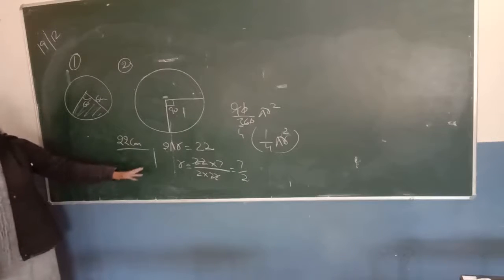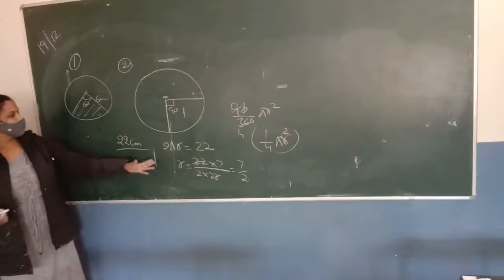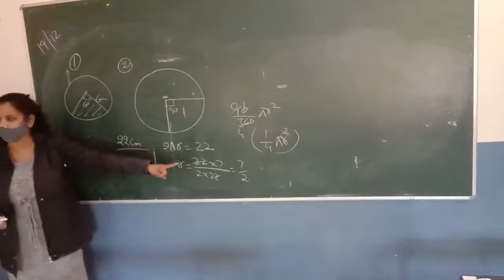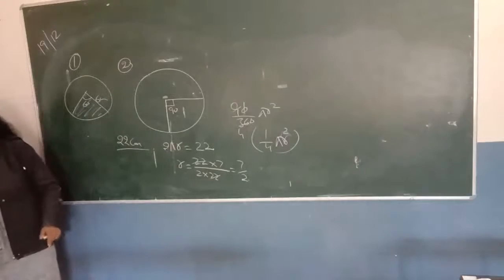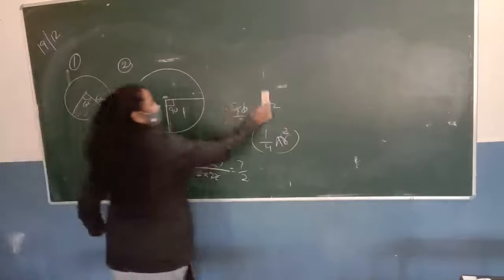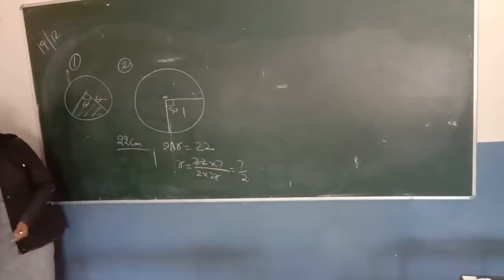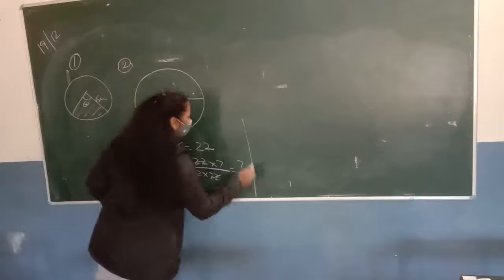Okay. Can you find the area of the sector now? Theta upon 360, 90 upon 360, and pi r square, where r is 7 upon 2. So can you do question number 2? Okay, good. If you want to write it, please write on this one. Chalo, write down this one.